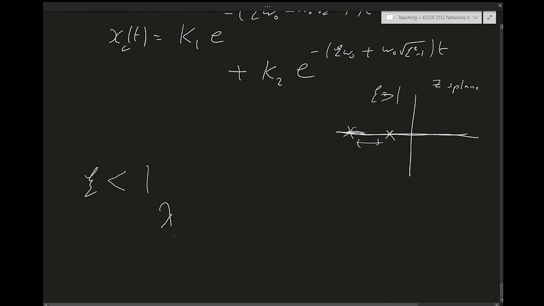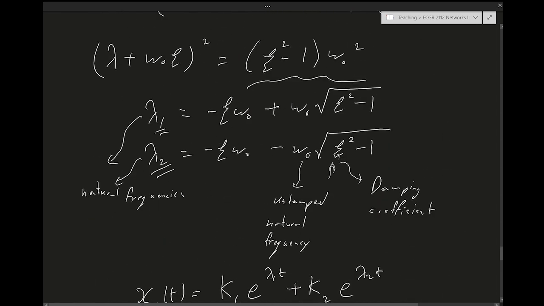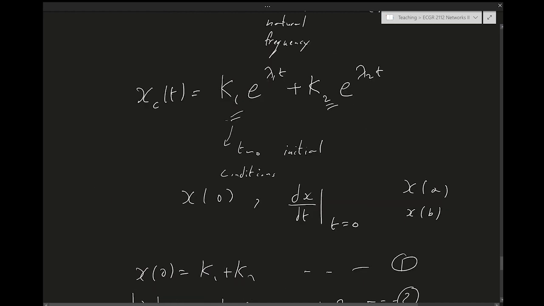Let me rewrite the characteristic equations now. What happens when zeta is less than 1? This becomes complex, right? So let's write it in a way where we factor in the complex number. So this becomes less than 1, so this is minus 1. Let's take the minus 1 out and take the square root of minus 1 as j. So I end up with this form